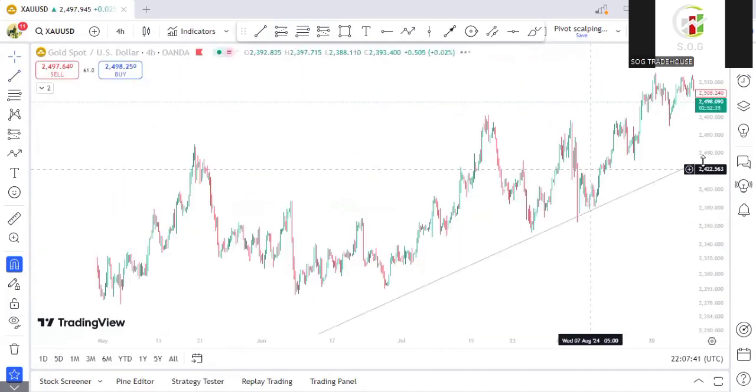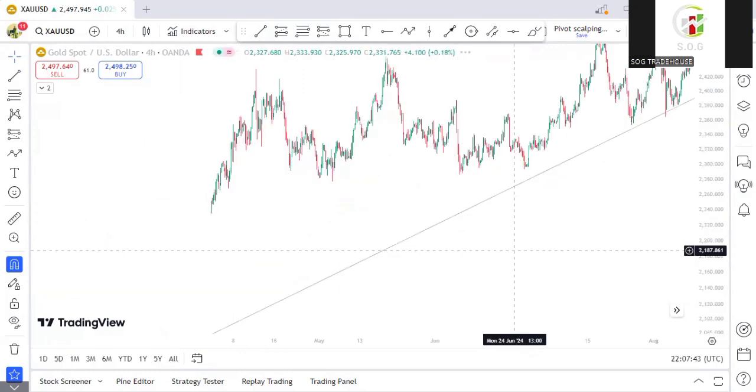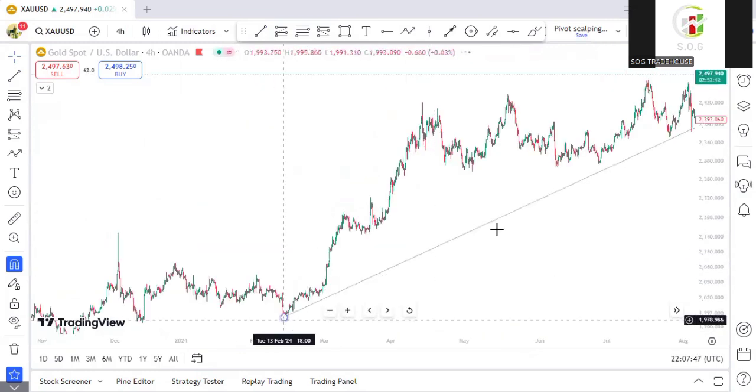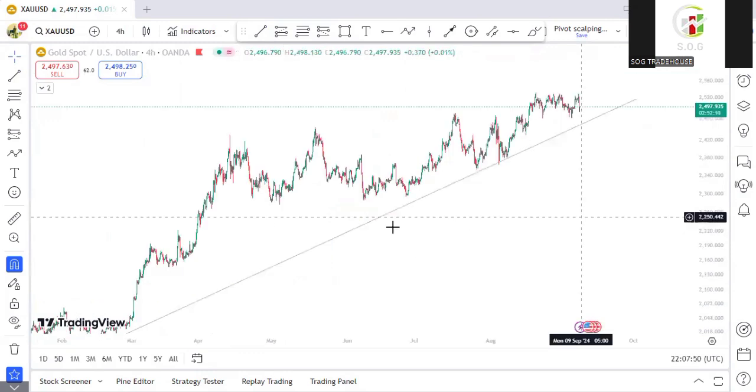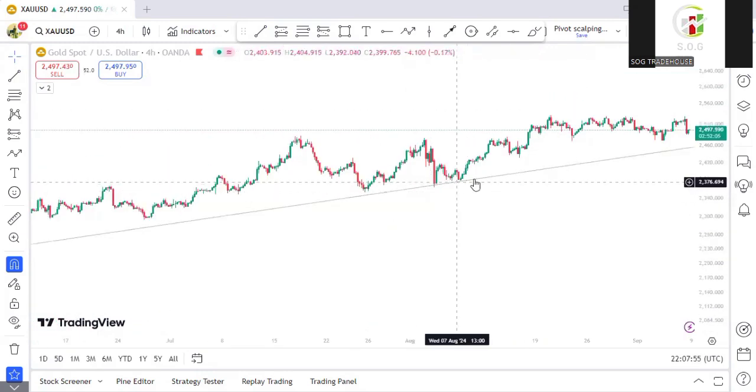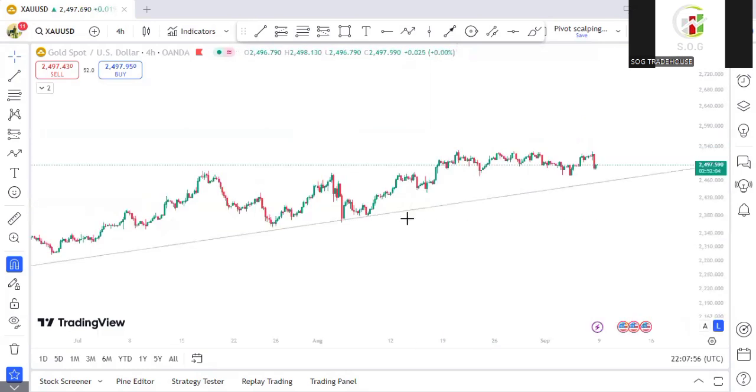All right, so I think it's much better on the 4-hour time frame. So on the 4-hour time frame, you can see the first touch of the trend line, and we'll go the second touch here, and this is the third touch of the trend line, and that's why